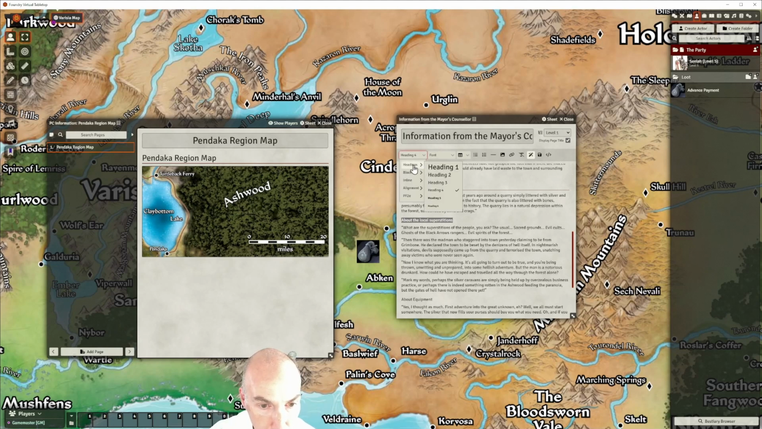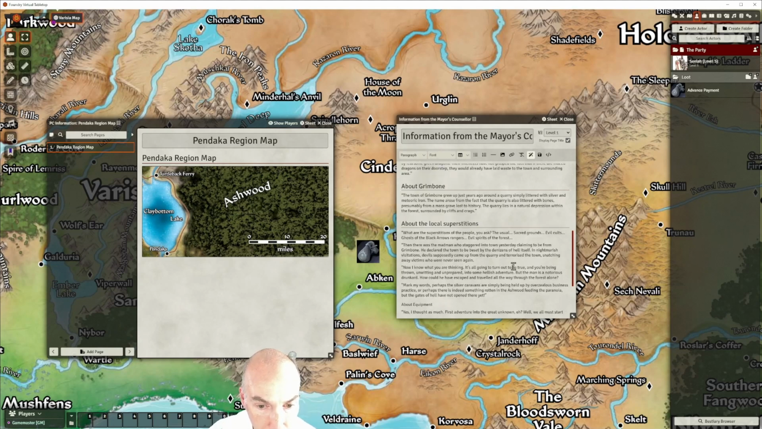About the local superstitions. What are the superstitions of the people, you ask? The usual: sacred grounds, evil cults, ghosts of the Black Arrows Rangers, evil spirits of the forest. Then there was the madman who staggered into town yesterday, claiming to be from Grimbone. He declared the town to be beset by the denizens of hell itself. In nightmarish visitations, devils supposedly came up from the quarry and terrorized the town, snatching away victims who were never